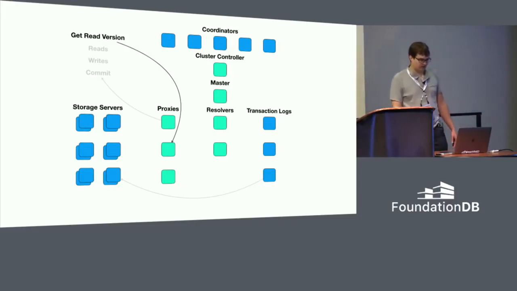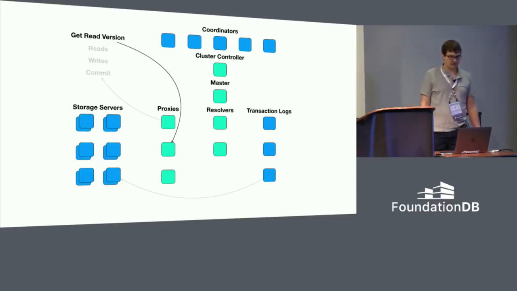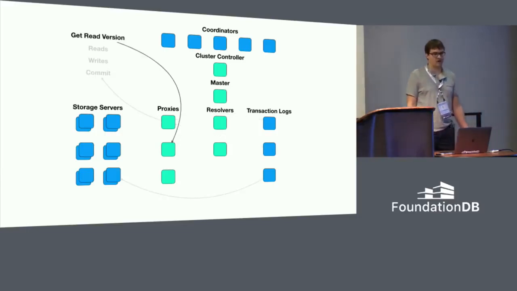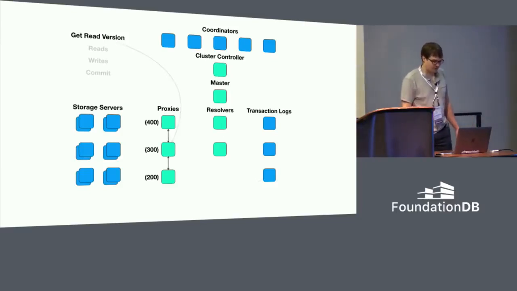So in this specific example, we previously committed to one of the proxies, and now if we immediately start another transaction that talks to a different proxy, we want to make sure that this new transaction sees the result of the previous one we just did. The way we do this is that when we talk to one of the proxies for a read version, that proxy will send a message to the other proxies asking if they've seen any versions higher than the one we have locally, and we'll just take a max of all those responses